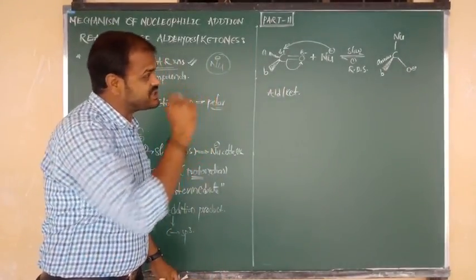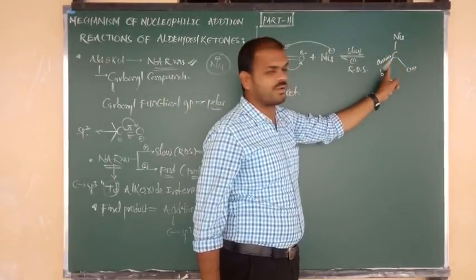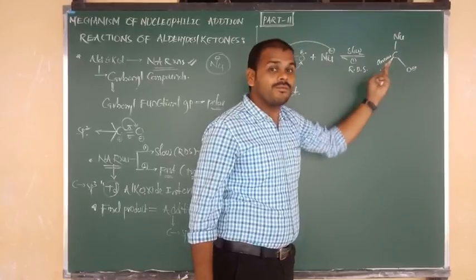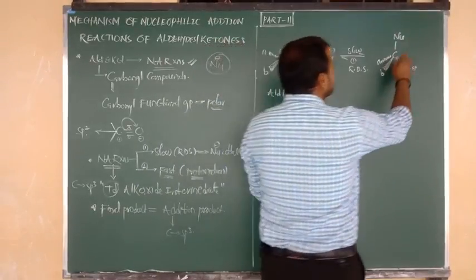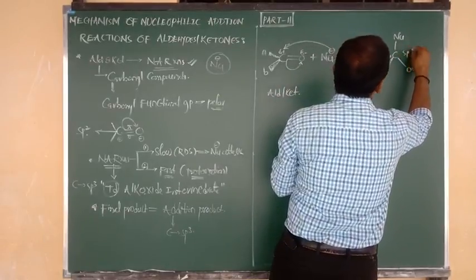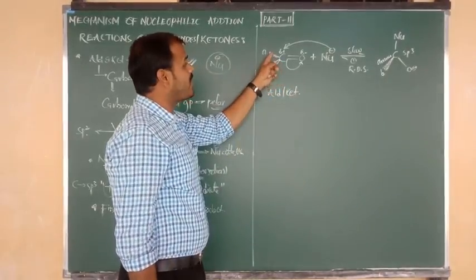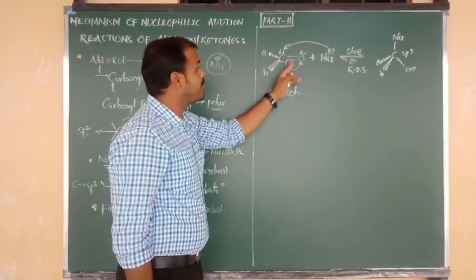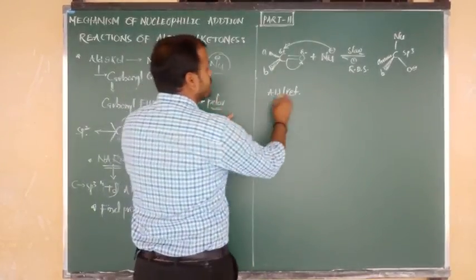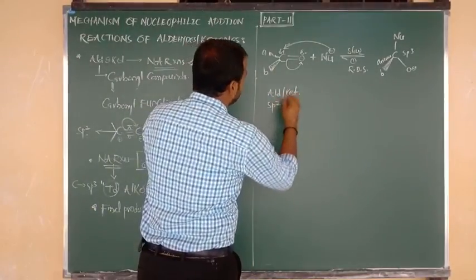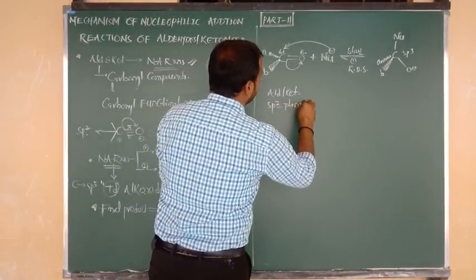Now you see the structure around the central C, how many bonds are there? 1, 2, 3, 4. Four bonds, so what is the hybridization? sp, sp2, sp3. The central C has sp3 hybridization. But what about the carbonyl? Around C there are 3 sigma bonds and one pi bond, so the remaining is sp2. So in aldehydes and ketones, carbon has sp2 hybridization, and the geometry is trigonal planar.